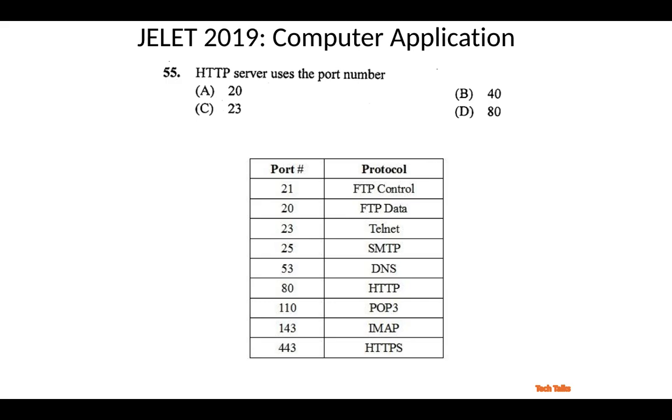Like in the case of some other mail protocols, POP3, and there are some other mail protocols to receive offline mails, like you can use your mail feature to retrieve Gmail or Yahoo Mail, that kind of exchange server. Their port numbers are different for receiving and sending. So it is not always true that the receiving and sending port numbers will be the same. And HTTPS we already discussed, basically secure hypertext transfer protocol, uses port number 443. So here our answer is 80.